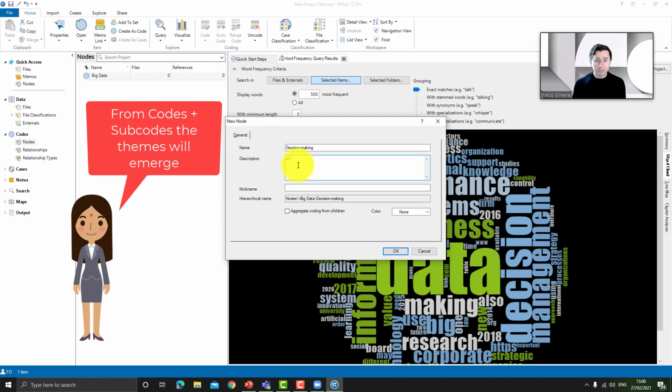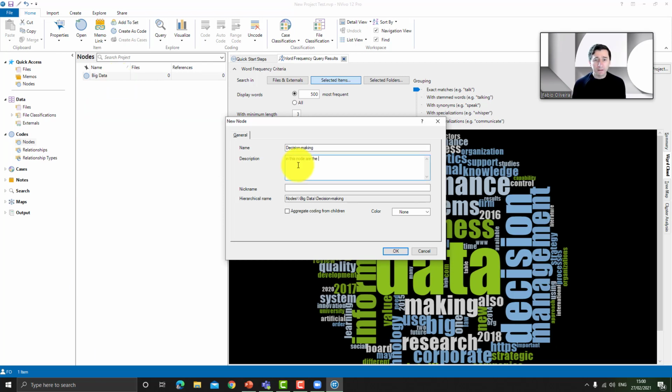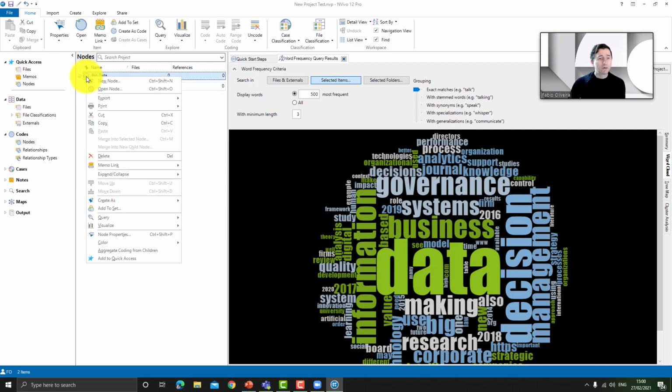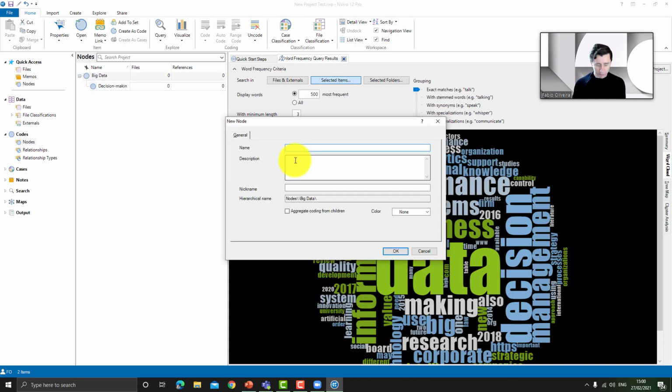So in this node are the extracts of all content about big data usage in decision making. Give OK. I can create another one, new node, and I will create another one, Data Quality. All discussions about data quality.